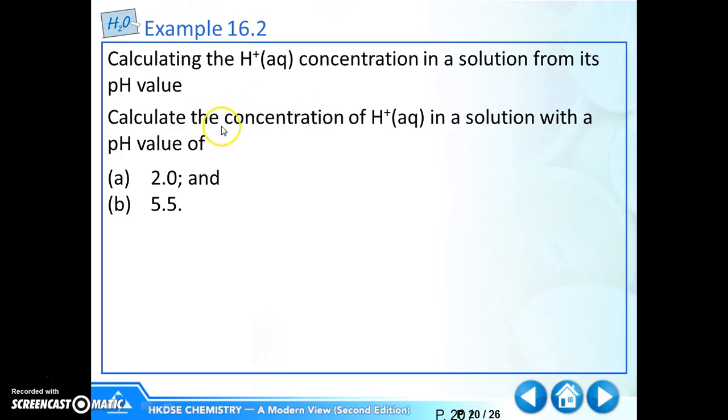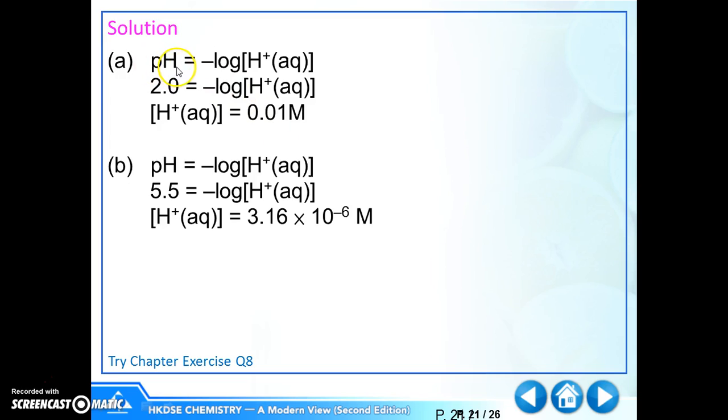On the other hand, you also need to know how to convert the pH value into the concentration of H+, so then it will be a lot easier. You first write down the formula, substituting the value 2 equals the negative log of the concentration of H+, and then make use of the calculator. Then you can find out the concentration of H+ equals 10 to the power negative 2, which is 0.01